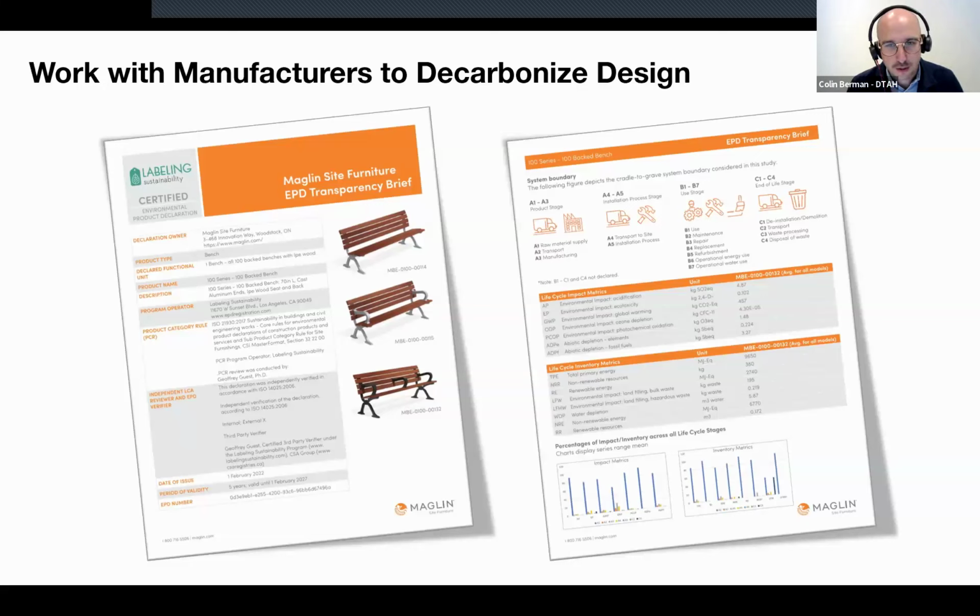With this information, we as designers can make smarter decisions, considering not only how a product looks, but also its environmental impact compared to similar products. And we've seen the market respond. There are now many more companies that we work with regularly publishing EPDs. When we tell a sales rep that we won't spec their product unless we see an EPD, they perk up pretty quickly. I urge you to do the same with the sales reps that you work with, because the more we ask, the faster the market will respond.